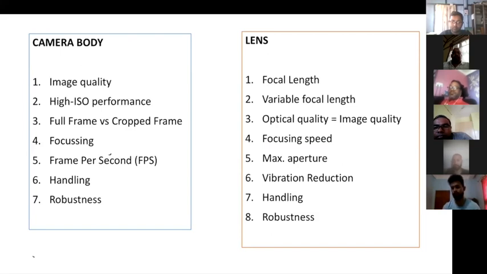So if you're choosing between an FL lens and a non-FL lens, and if you have the money, go for an FL lens. It's absolutely great. So these are my considerations. And now,